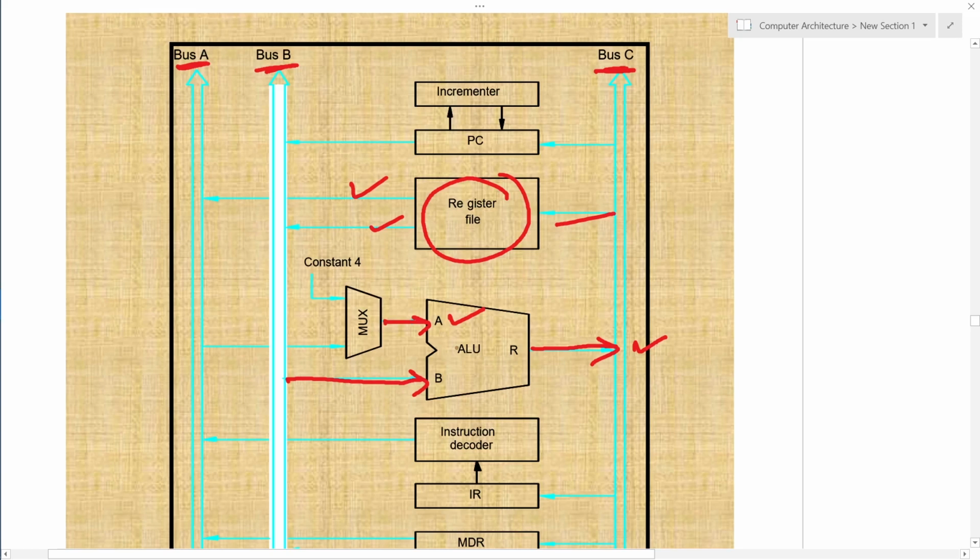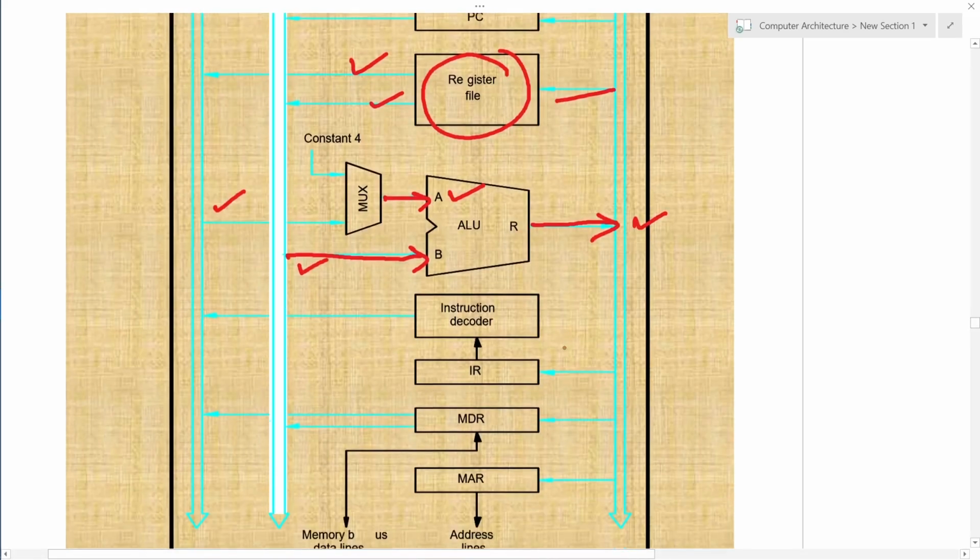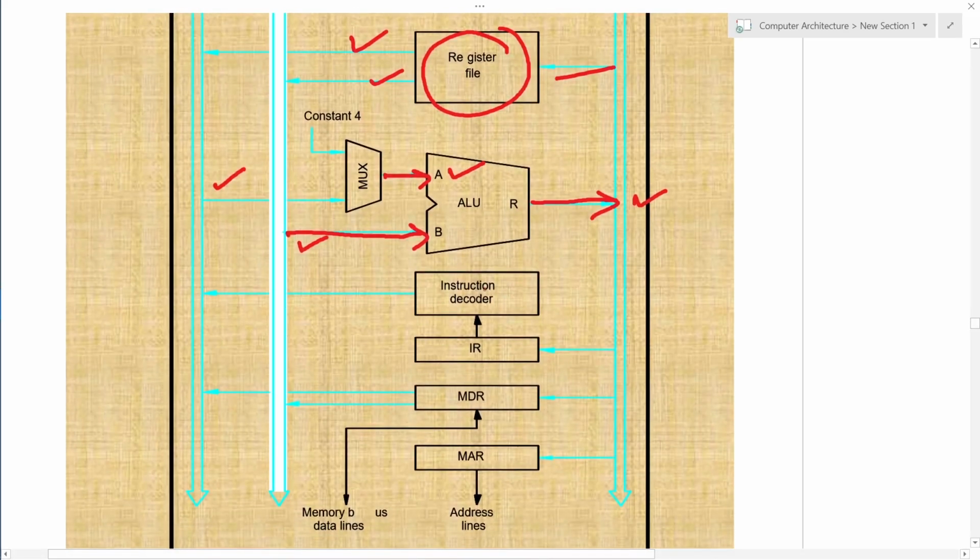So this way the ALU takes the input from the multiplexer, that is from A, another from B, and then it writes to C. So A and B are basically used by the ALU for input, and C is used to write back the result. The instruction decoder and encoder circuit is there to decode the instruction.